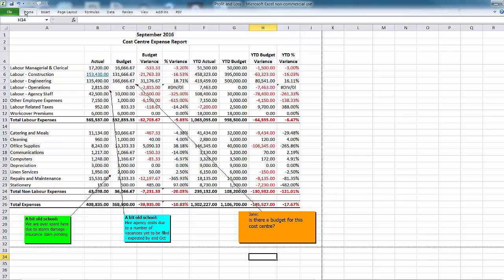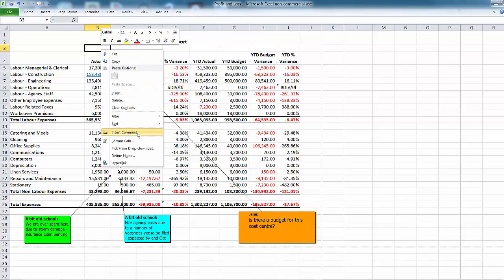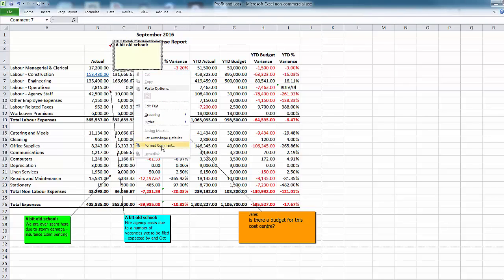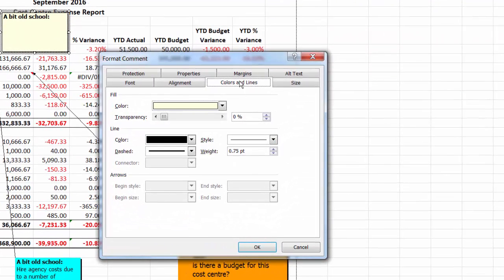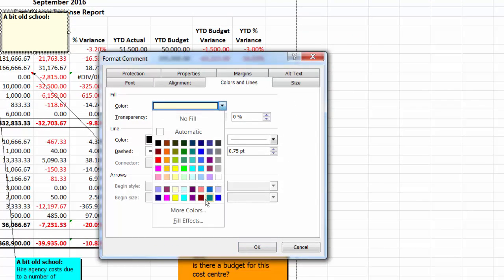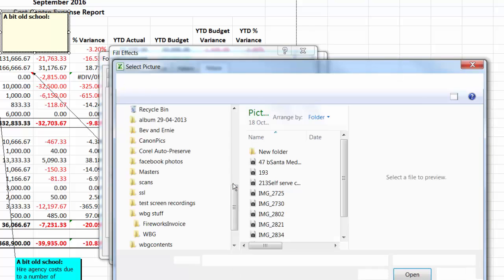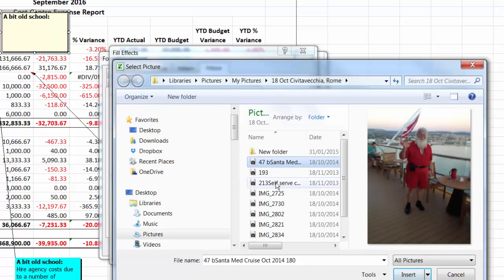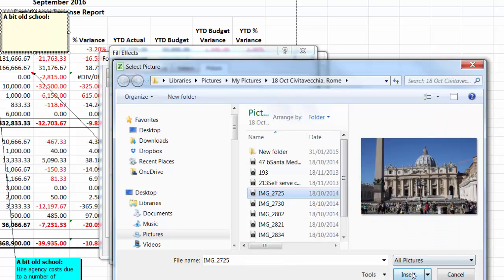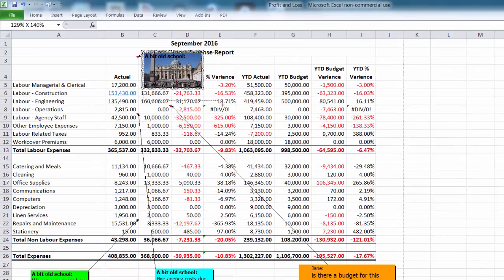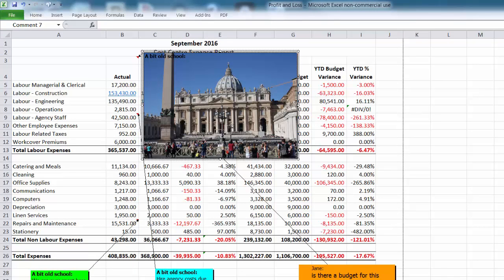One last thing before we finish. It's a bit crazy, but you never know, you might use it. You can actually add a picture to a comment. So right-hand mouse button, insert a comment. Nothing in there. We're going to format it. Format comment. Colours and lines. Now at the moment it's yellow. If we change the fill effect to picture, select a picture from your file, and I won't select Santa Claus, but there you go, St. Peter's. Insert, OK, OK, and there we have a picture in our comment,